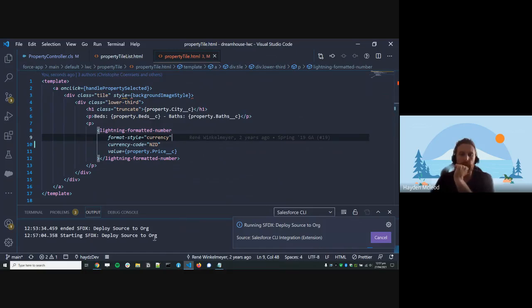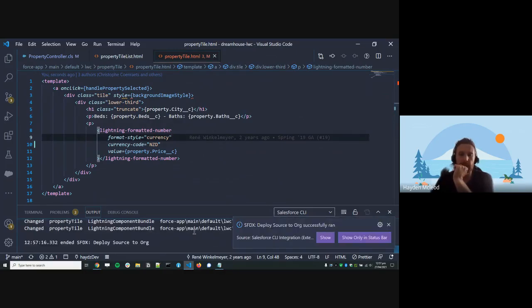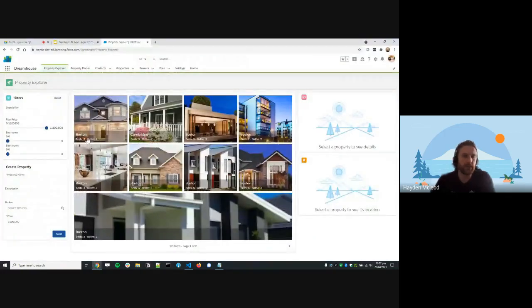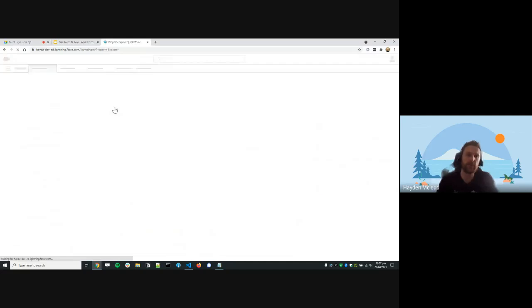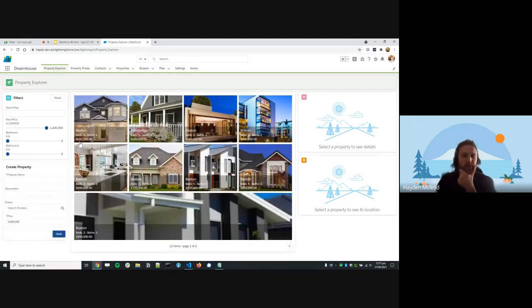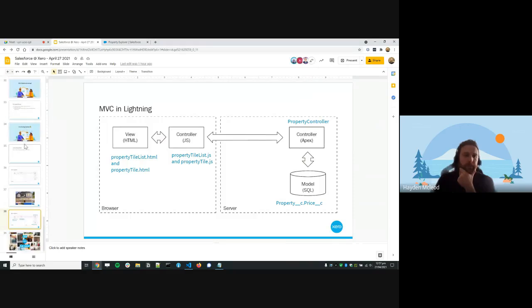And then that should be done. Yep, all successful. So now when we go back to this page, we can see Boston, beds 3, baths 1. If I refresh the page, we should see, yay, we've got the price now as well on each of the tiles. So that's that. I know that was a simple change, but